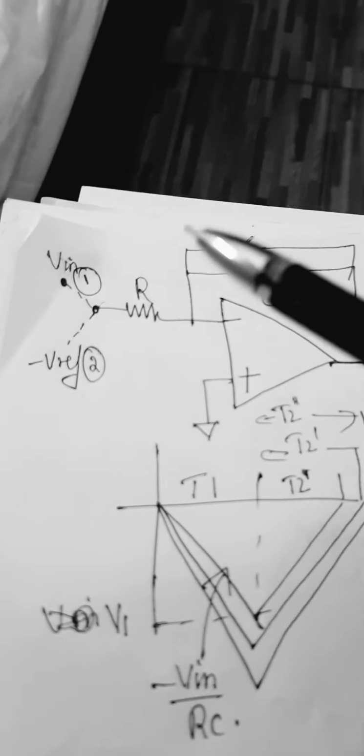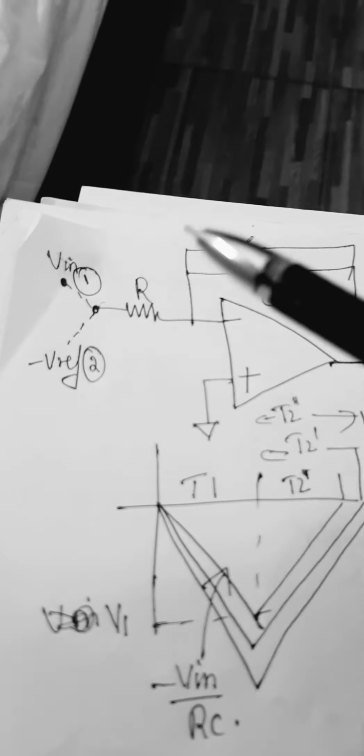Depending upon the magnitude, it integrates for a certain time, T1. Okay, then you can see that if Vn is high, the slope is high. If Vn is low, the slope is low. When Vn is high, the slope is high, so it will go to the farthest length. If Vn is low, it will go to the shortest.